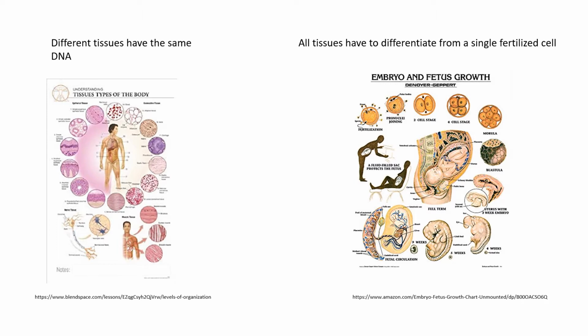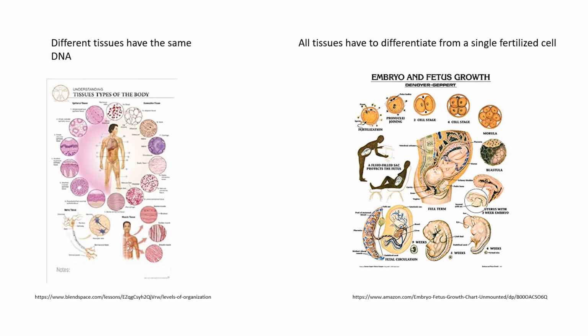Think, for example, about the different tissues in the human body. They all carry the same genetic information, yet they have very different functions. Your pancreas, for example, secretes insulin. The cells in your retina, on the other hand, are photosensitive and respond to light by sending out electrical signals. How is it that two cells that carry the same genetic information have such totally different functions? And this, of course, goes for muscle cells, blood cells, cells in your gut, cells in your liver, and so forth. Well, it is by regulating which genes get turned on and when.